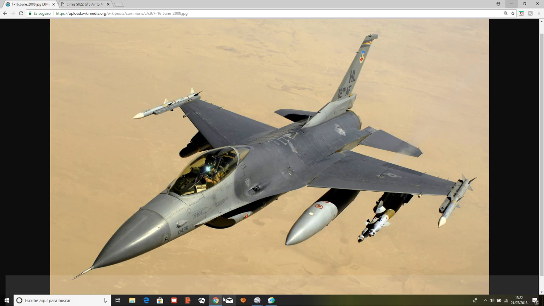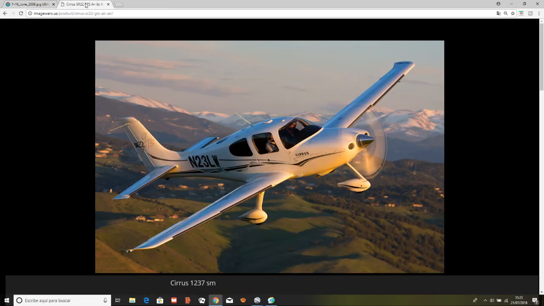And it flies like on rails. Some pilots say that you don't fly it, but you wear it. Well, it's a fantastic airplane, but there's one thing it cannot do, and that is fly slow and low. In fact, the nicest thing for this would be to have a helicopter. So we will choose a different airplane, which is just good for that, which is the Cirrus SR-22,